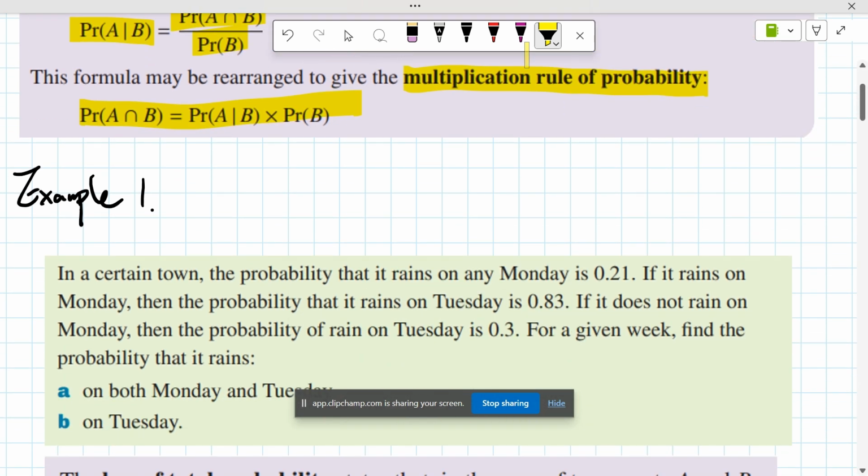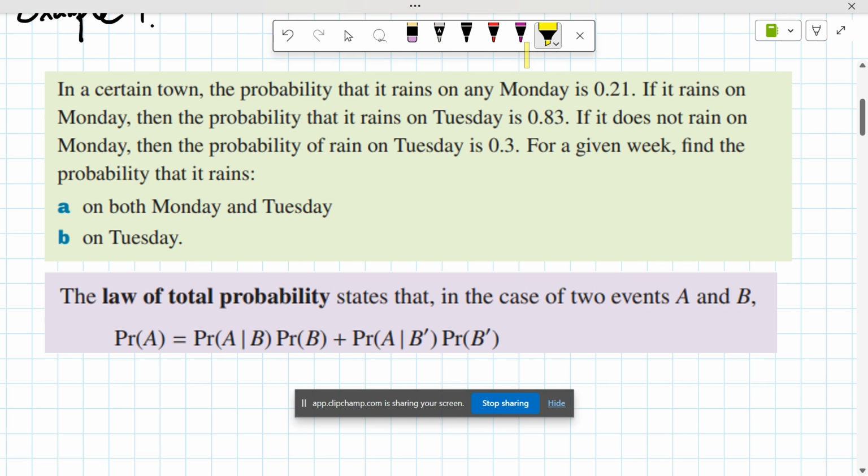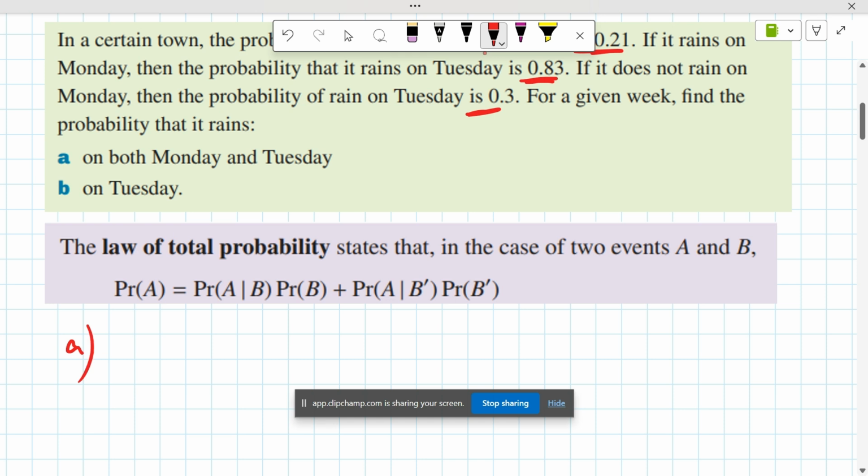Then for some questions like that, we're going to use the law of total probability. In this example, the probability of rain on Monday is 0.21. Given rain on Monday, the probability of rain on Tuesday is 0.83. If it does not rain on Monday, then rain on Tuesday is 0.3. For a given week, find the probability. All right, first one: we're going to find rain on both Monday and Tuesday. So what we do for the first question is